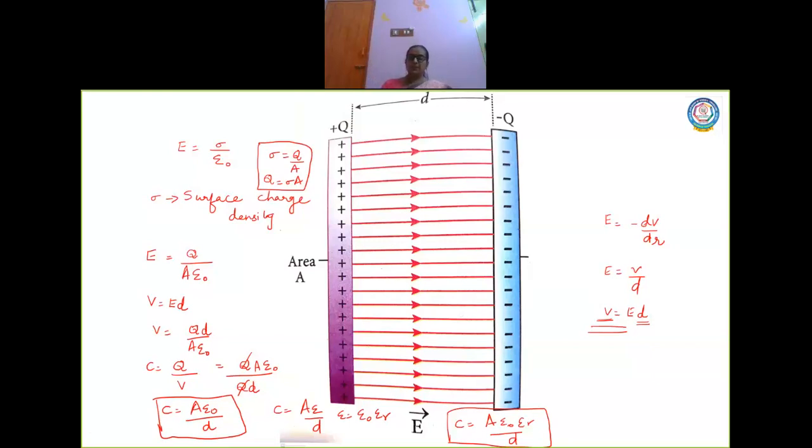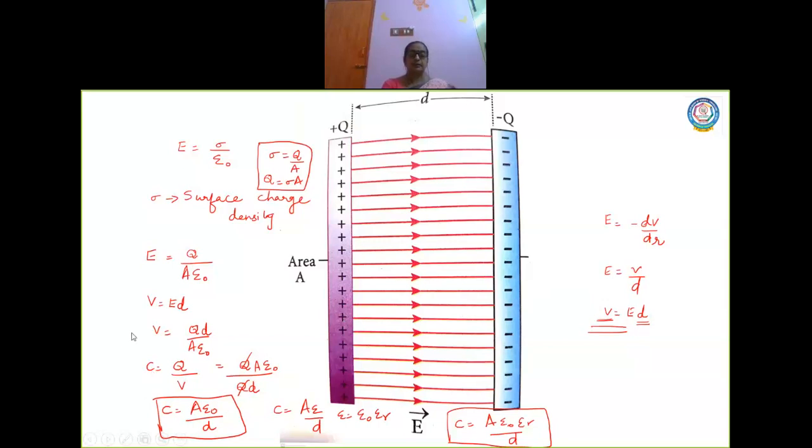In that case, what happens to the potential difference in the battery? The potential difference in the battery will become lesser. In that case, the charges will flow from the plate to the battery. So the capacitor voltage increases and becomes greater than the battery voltage, then the charges will flow from capacitor plates to battery till the voltage becomes equal. So discharging will take place, because the potential has to be the same. So these are the 2 points that are discussed after this formula.